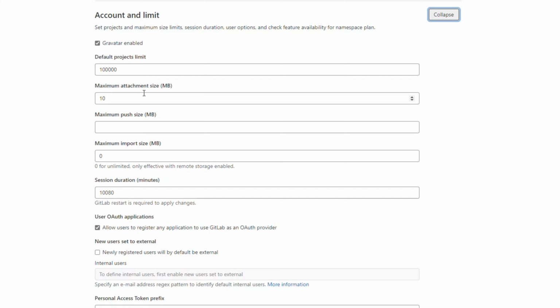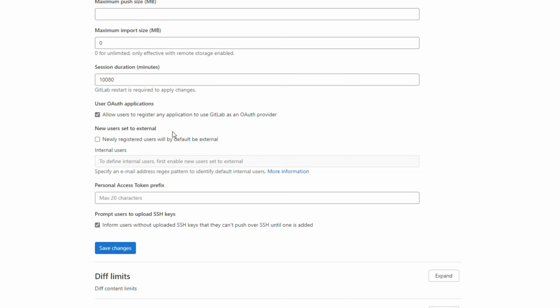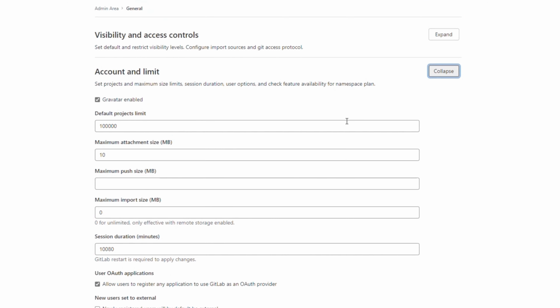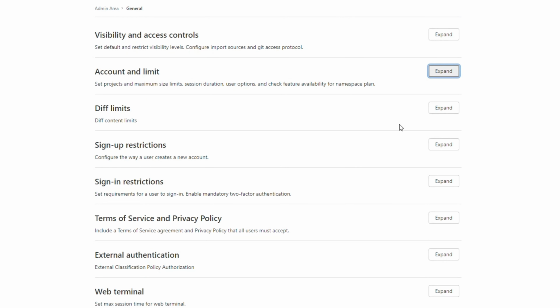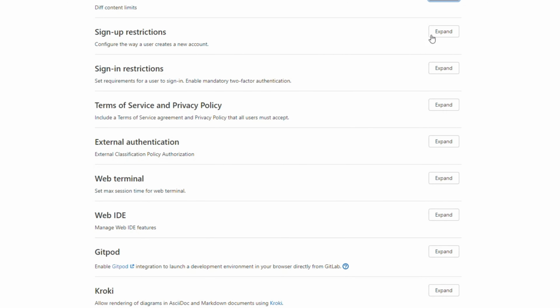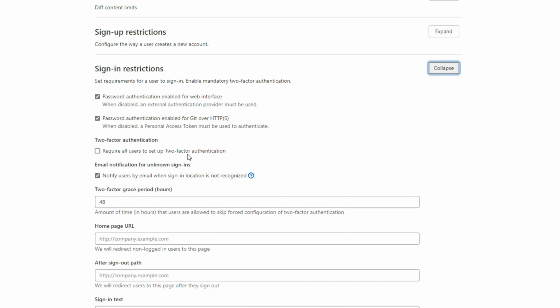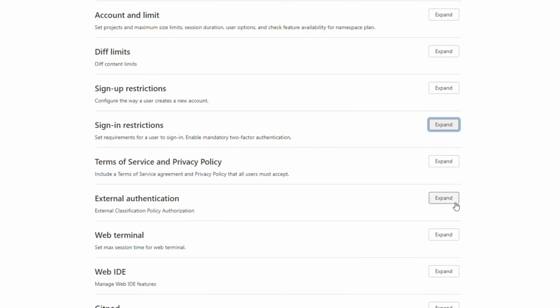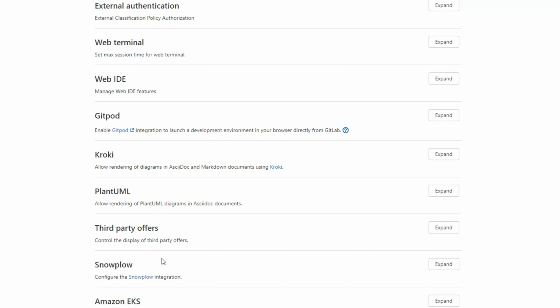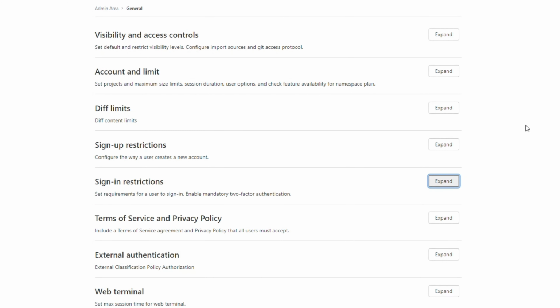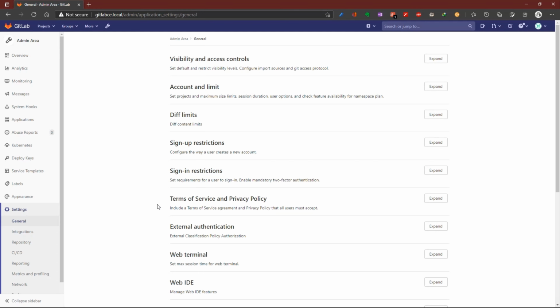You can change the maximum attachment size, maximum import size, session duration, diff limits, sign up restrictions that you already changed, sign in restrictions. For now, we don't need to change these general settings. Let's return to admin area.